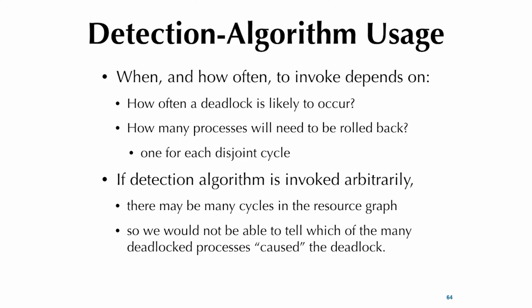Now, once you detect a deadlock, what do you do? Well, you have to somehow resolve it, right? That means you have to somehow break that cycle, and that involves picking some victim. If you pick a victim, it's actually very, very costly. Why? Because you might think, I can just kill that process, right? Well, no. You may have to do something more.